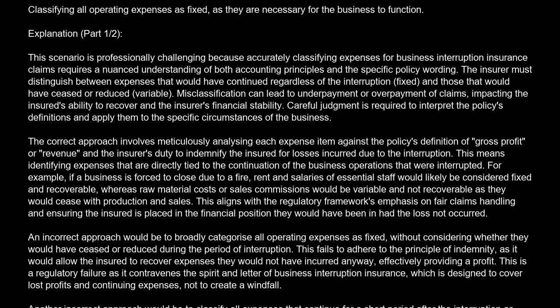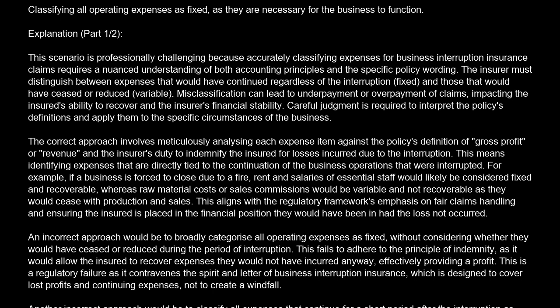Explanation. This scenario is professionally challenging because accurately classifying expenses for business interruption insurance claims requires a nuanced understanding of both accounting principles and the specific policy wording. The insurer must distinguish between expenses that would have continued regardless of the interruption, fixed, and those that would have ceased or reduced, variable. Misclassification can lead to underpayment or overpayment of claims, impacting the insured's ability to recover and the insurer's financial stability. Careful judgment is required to interpret the policy's definitions and apply them to the specific circumstances